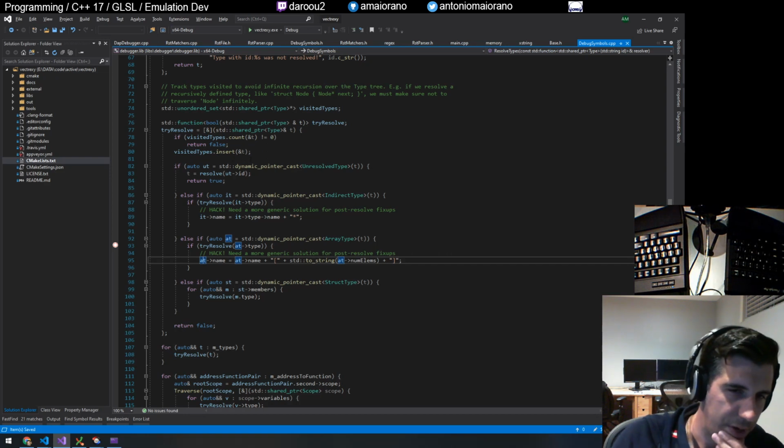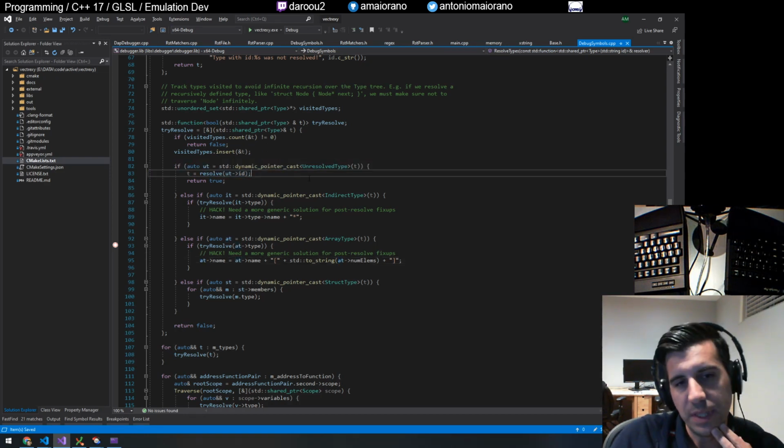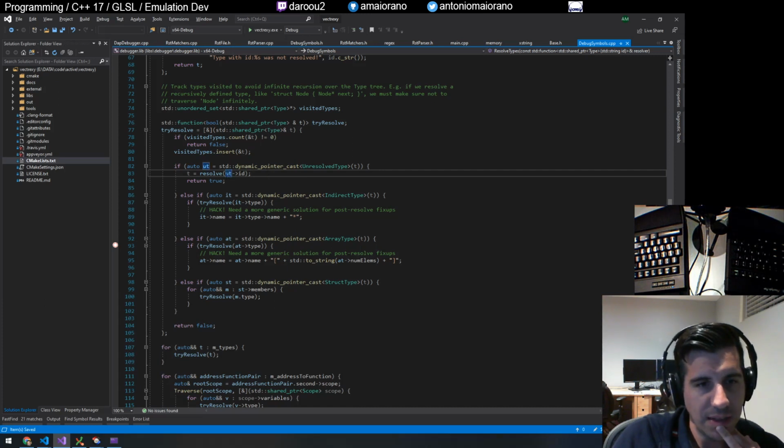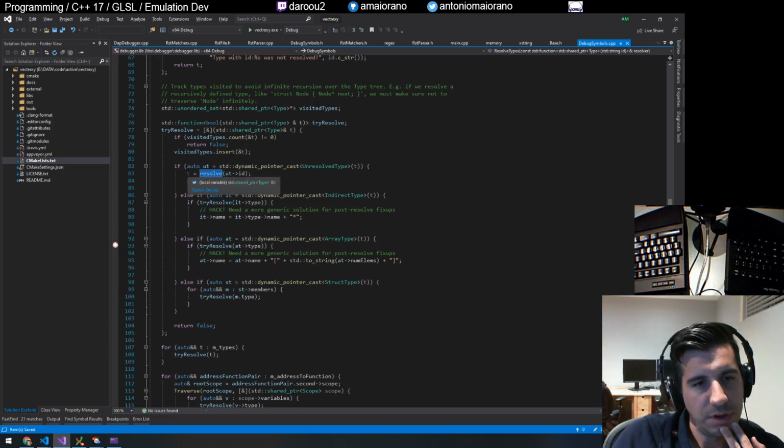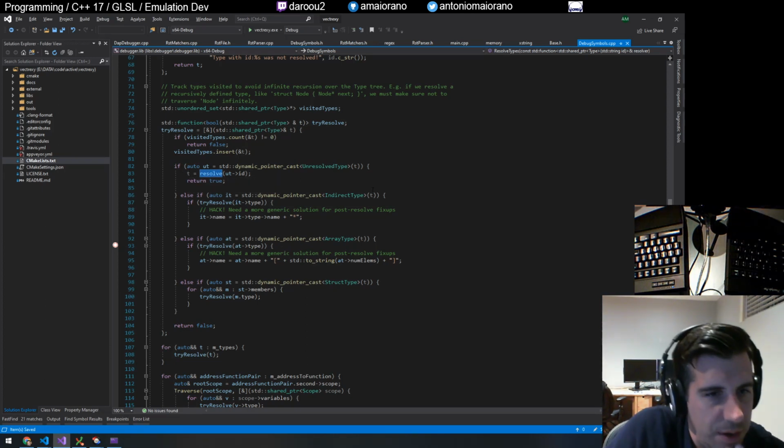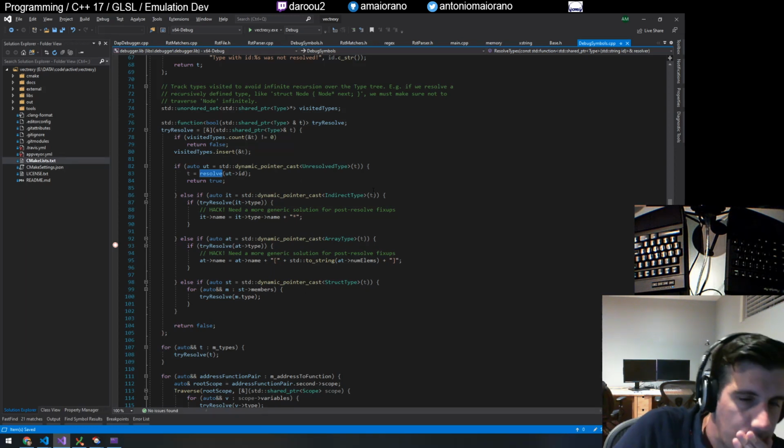Right, okay, I remember now. This is for when types are unresolved, in which case we take the ID that's stored in the unresolved type and we say resolve it. And that returns a type. Now, if it's not that,